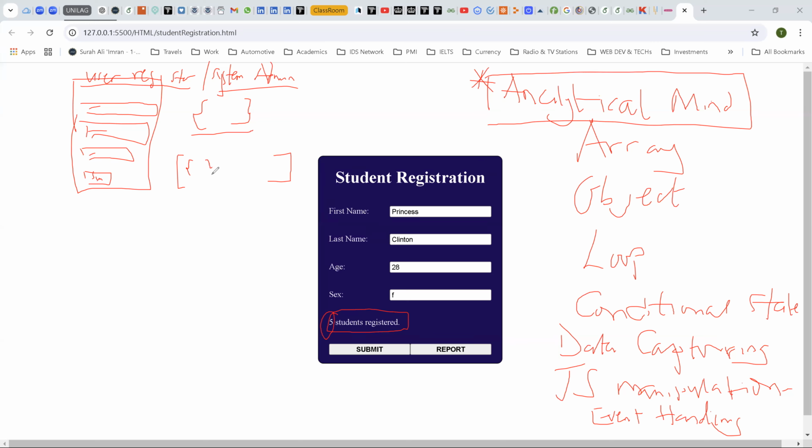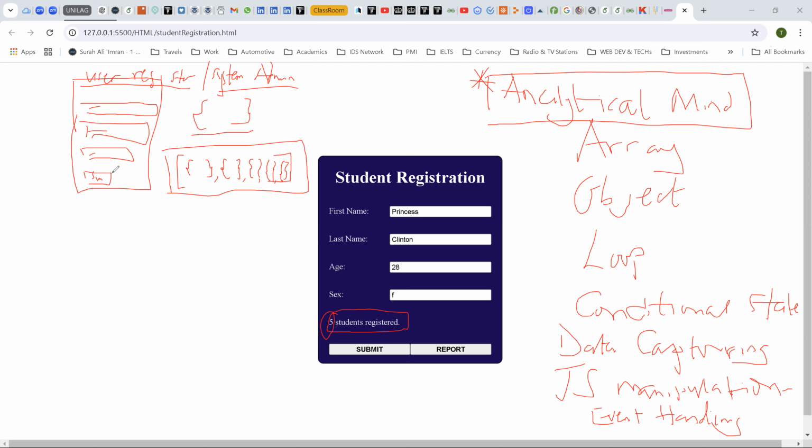So the array will now hold as many student objects as I'm going to submit. In this case now, I have registered 5 students. So I will have 1, 2, 3, 4, and 5 objects here, right? So once I am able to save this into a container called the array,